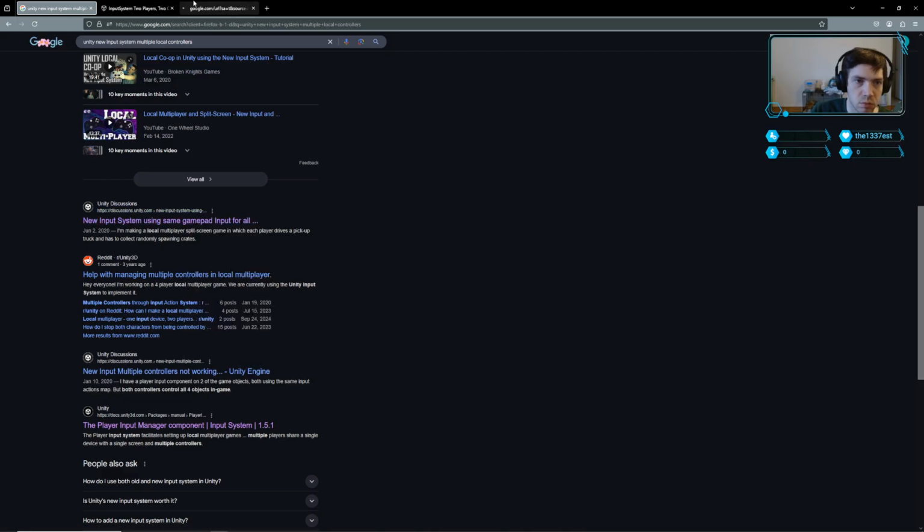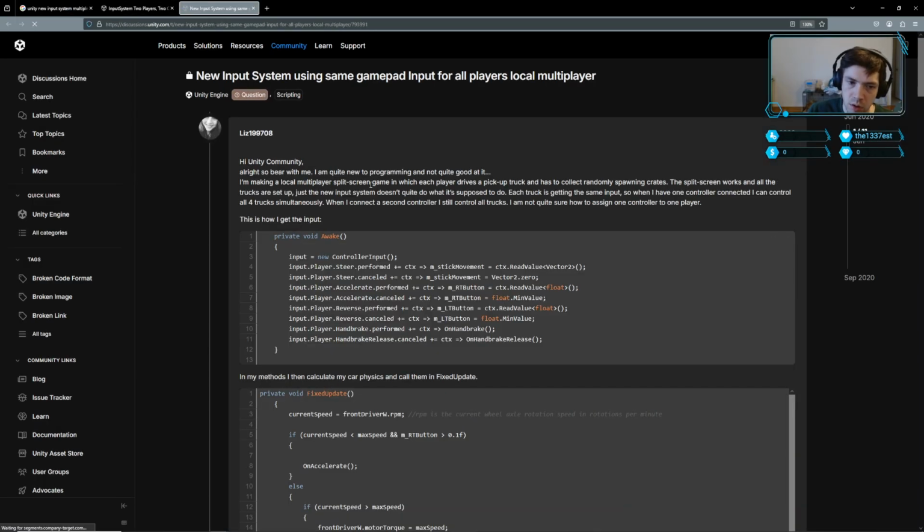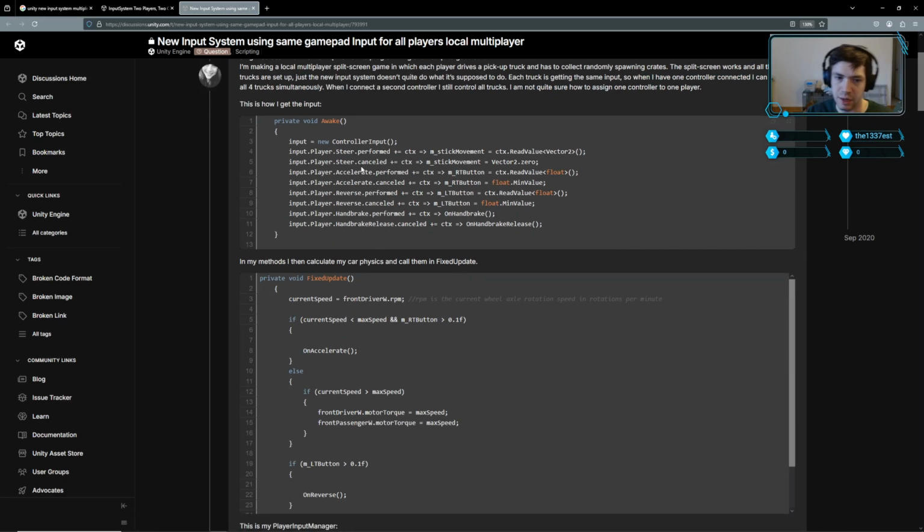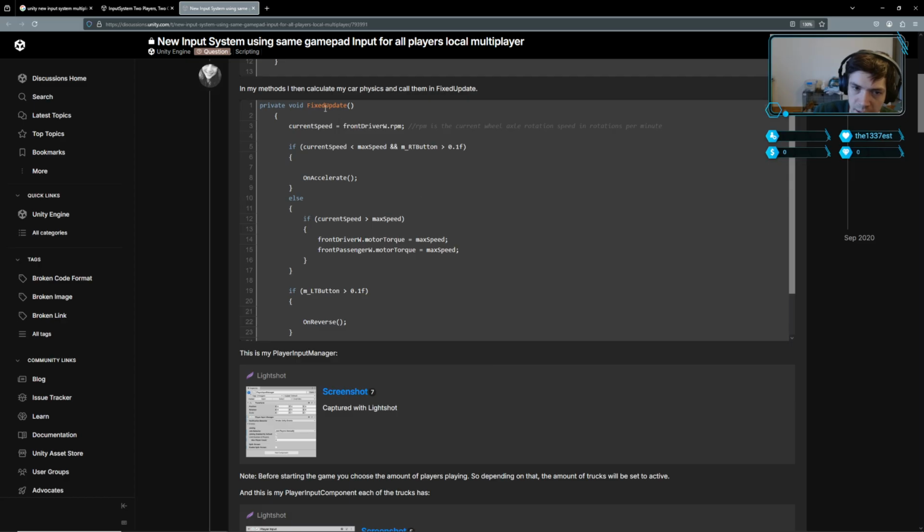Okay, interesting. Each truck is getting the same input. Okay. So getting input, they're doing input player, such and such. And then